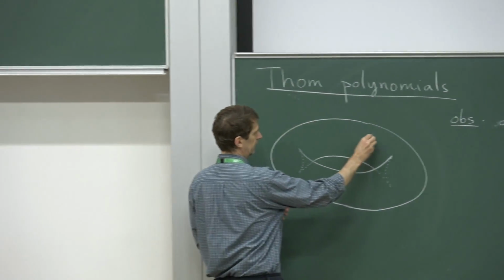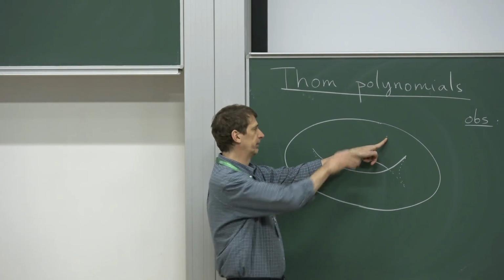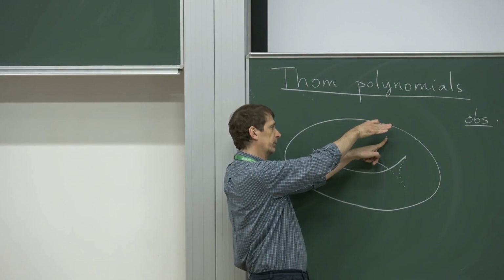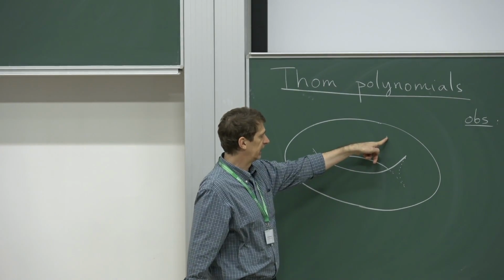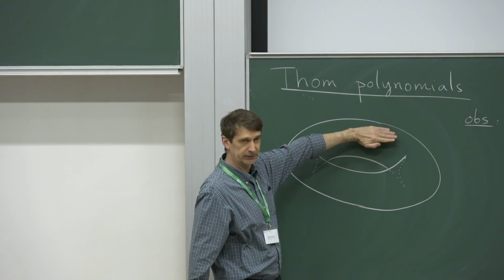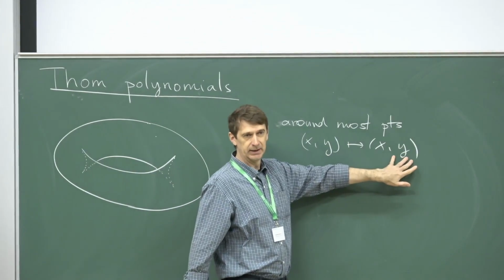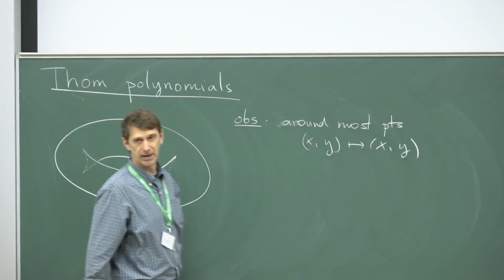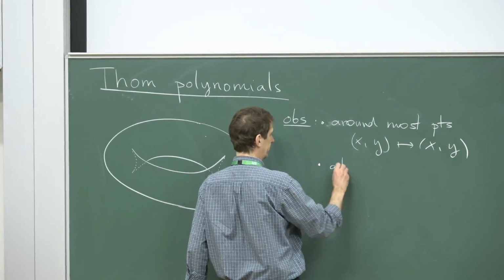For example, if I look at this point, now when I'm putting my finger here, I'm imagining a point on the torus, more precisely on the top side of the torus. That's the point of the torus. And around that point, you can choose a local coordinate system on the torus. You can also choose a local coordinate system in the plane in such a way that the map is just the identity. But at some other point,